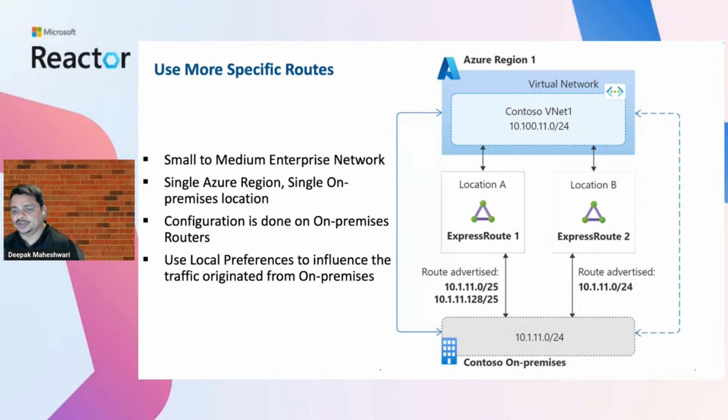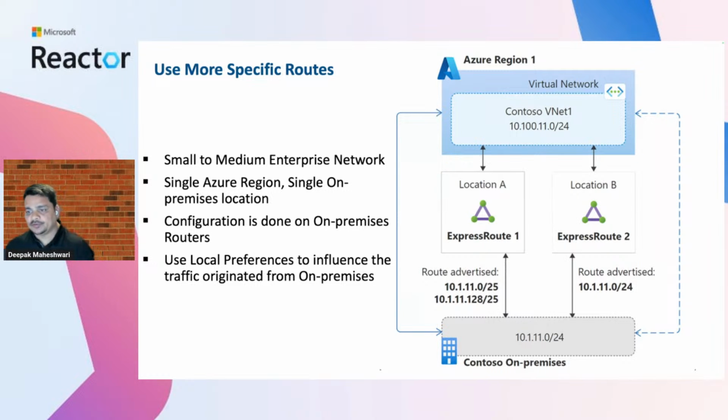and the blue dotted line on the right is showing a backup connection. What we're doing in this case is advertising the routes with /25 prefixes. So the subnet you would see is /25, which means we are advertising a more specific route from on-premises. In the case of Azure, it prefers the longest prefix. So the longest prefix, which is /25, is going to be the preferred route. And there's another route advertised as /24. Obviously /25 is the more specific route,